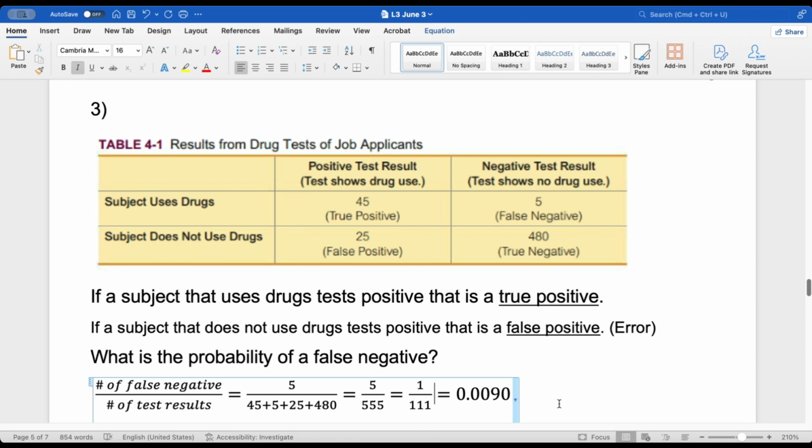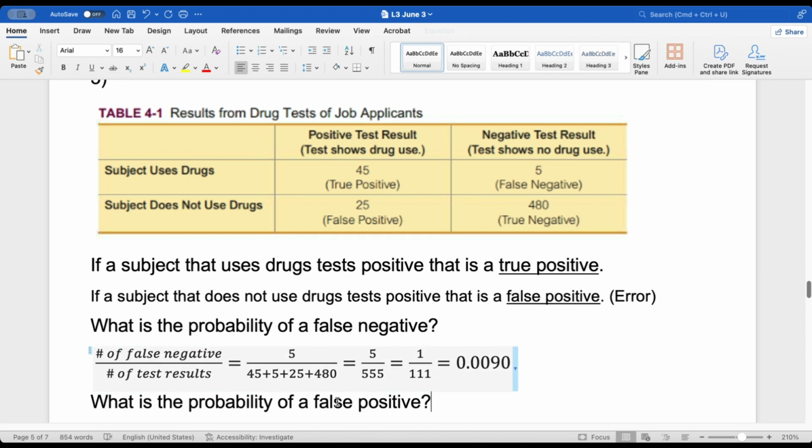The total number of test results, we have to sum this up: 45 plus 5 plus 25 plus 480. That gives us 555 in the denominator. So it's 5 out of 555, which reduces to 1 over 111, and it's 0.0090. So the probability of a false negative here is